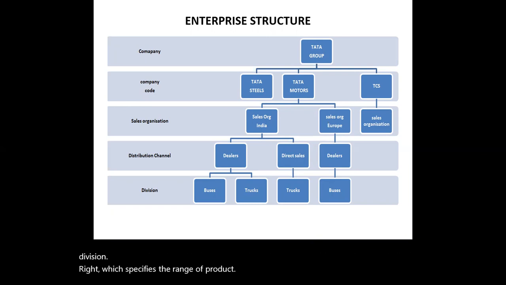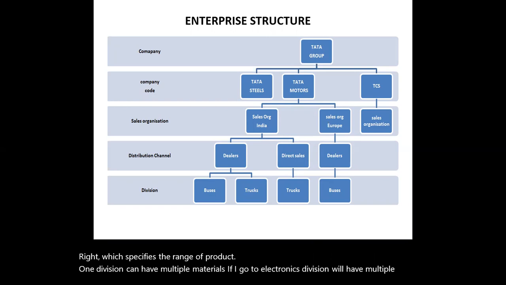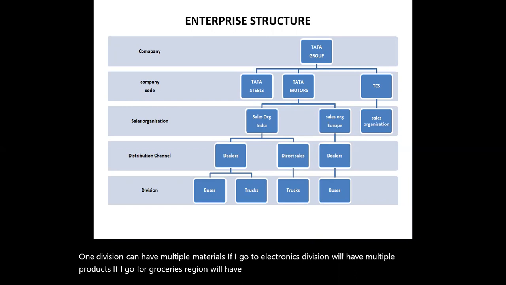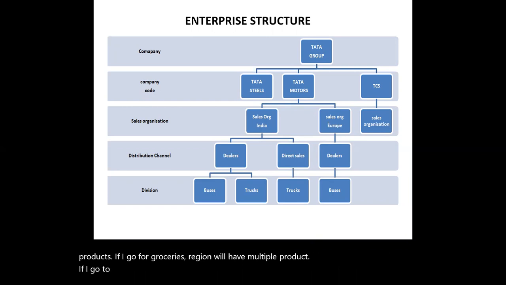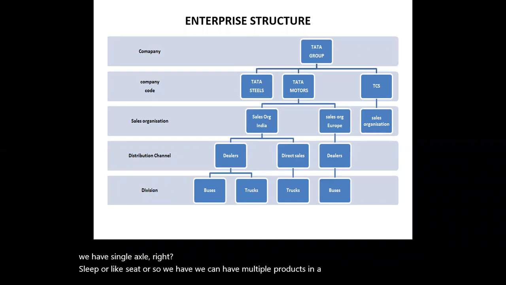One division can have multiple materials. If I go to electronics division, we'll have multiple products. If I go for groceries division, we'll have multiple products. If I go to bus division, we'll have multiple kinds of buses. We have multi-axle, we have single axle, right? Sleeper, seater, whatever. So we can have multiple products in a single division, but one product will be there in